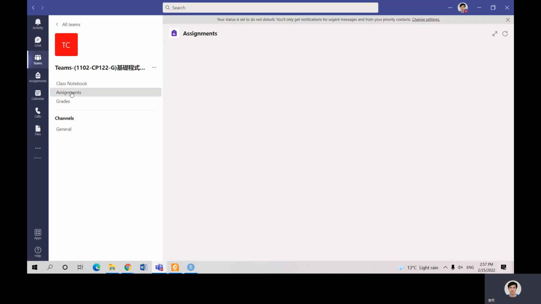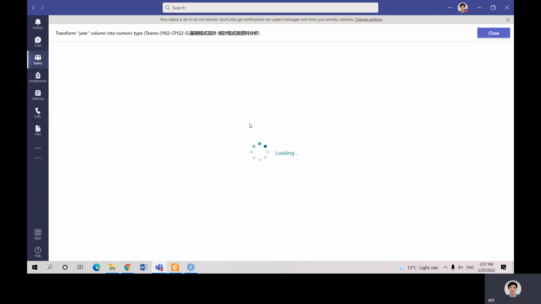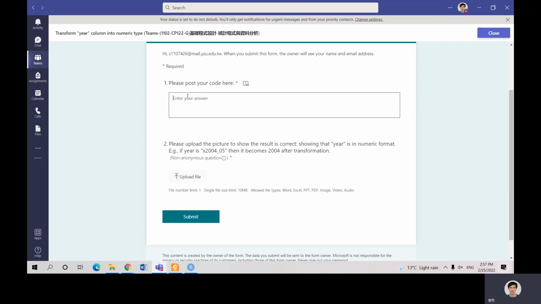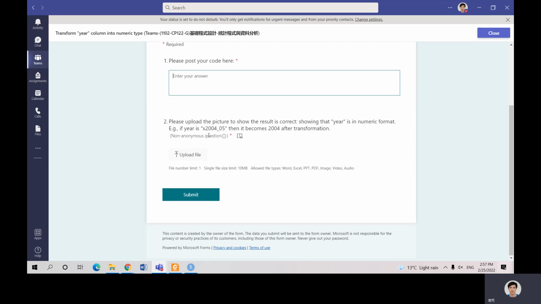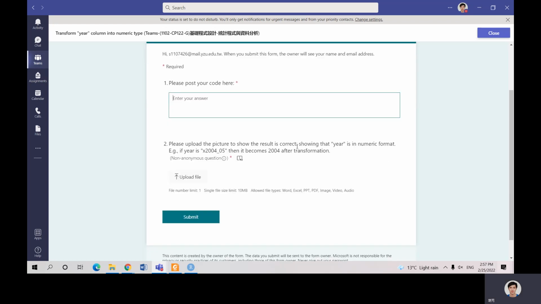Okay. So assignment, and this one, transform year column into numeric type. Okay. So the deadline is next Wednesday, and you need to submit two things. You need to submit your code here. Okay, and then you need to submit the result, sorry, the result, not the data. Okay, so the code and the result. Okay. So if you have any questions,